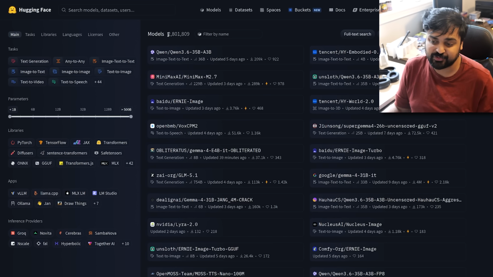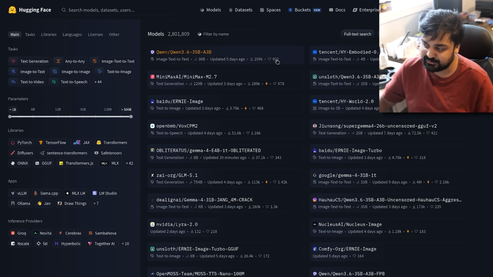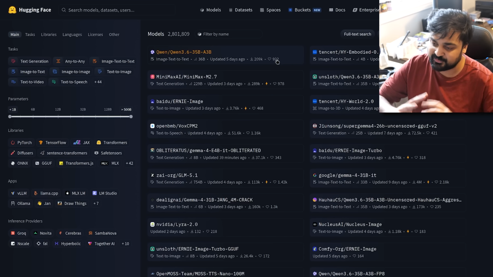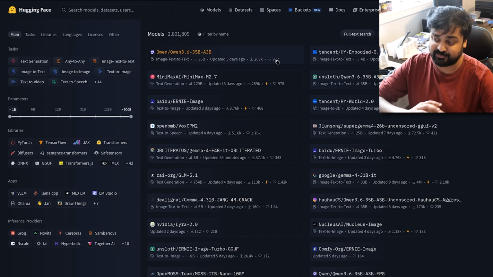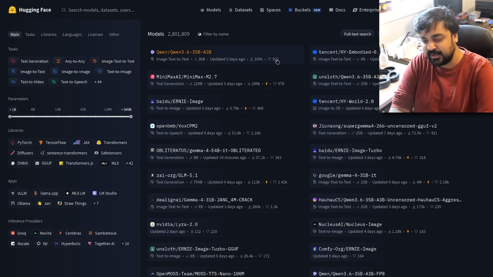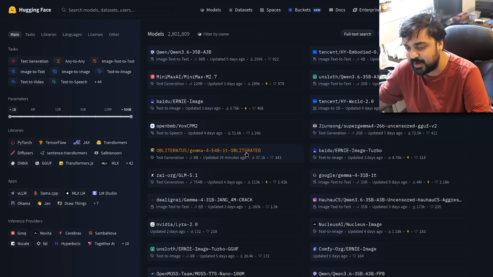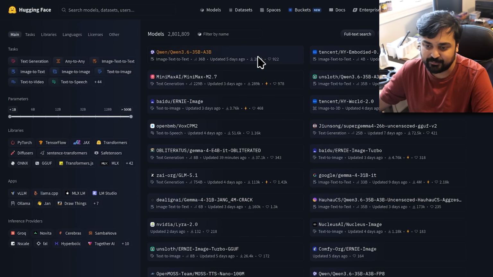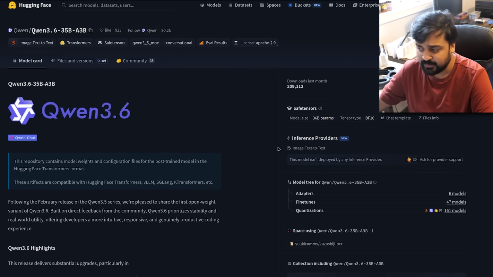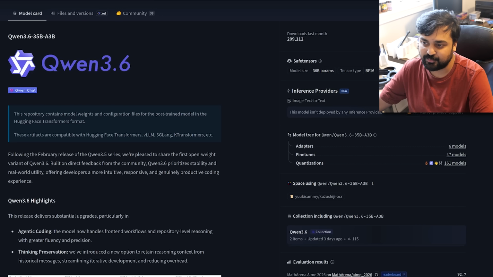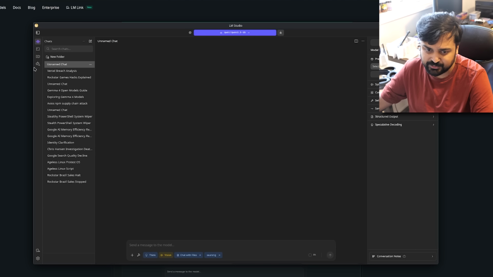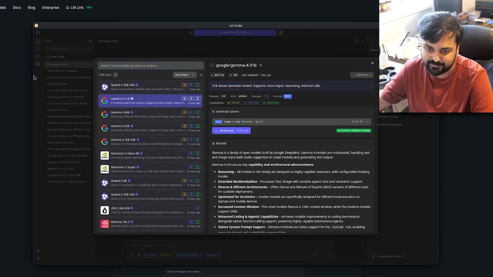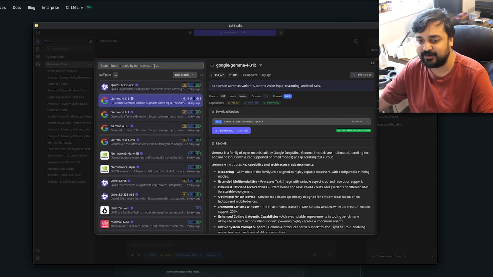Now, these models come in all shapes and sizes. Some of them do text to image, or some of them generate things for you. Some of them can generate videos. Some of them are just simple text-to-text generators. Some of them are even obliterated models. So for instance, you don't just download from this website right over here. Basically, what you want to do is go back to LM Studio, fire that program up, and you can click on this little search button. And on the search button, you can download whatever you want.